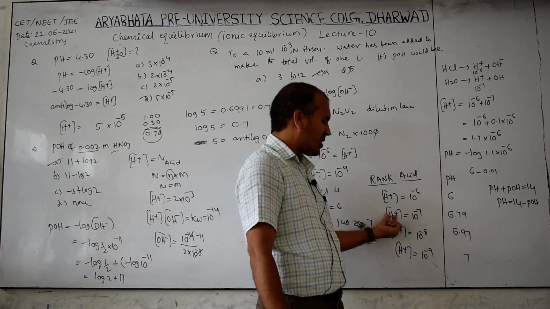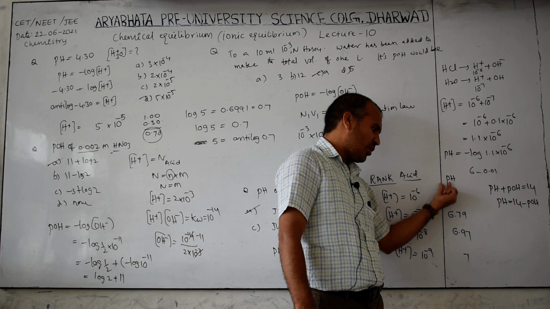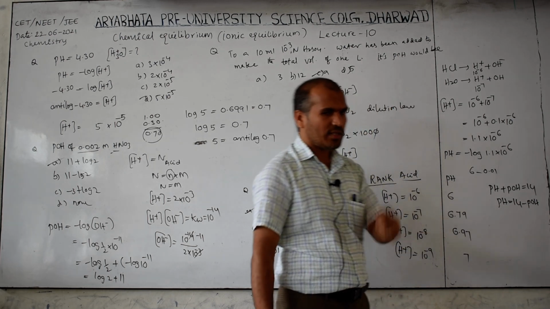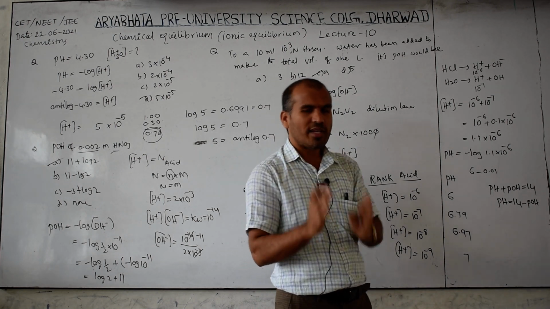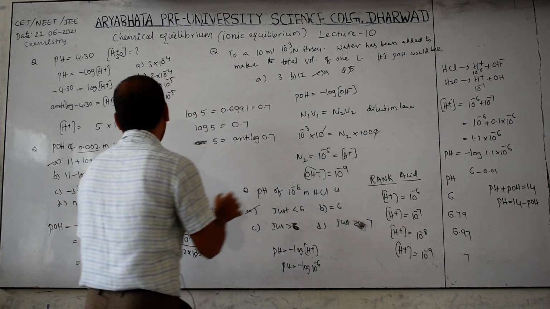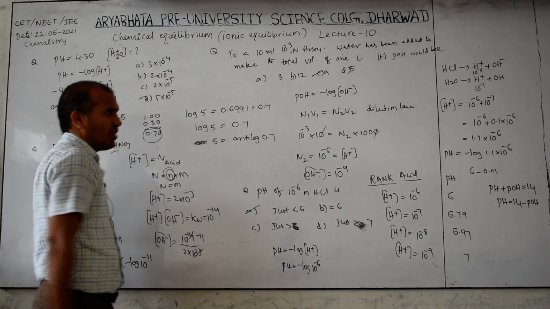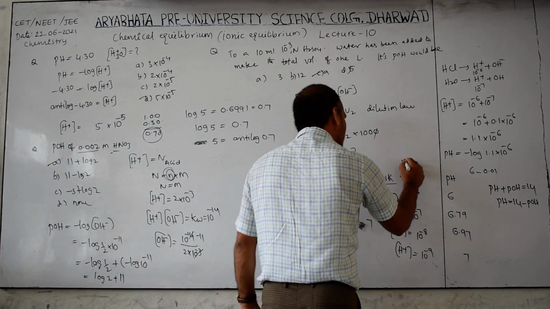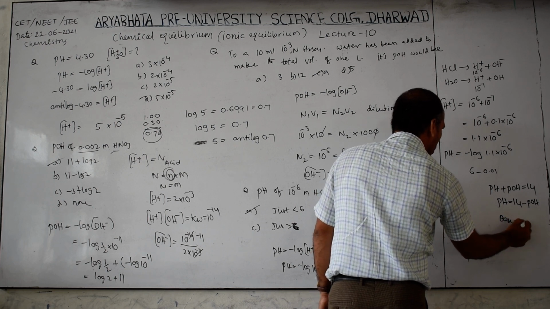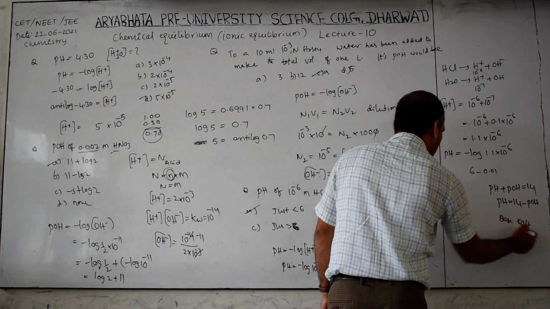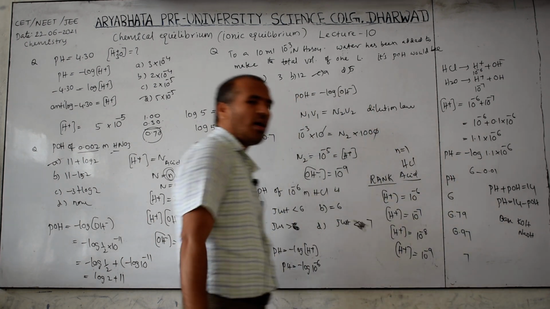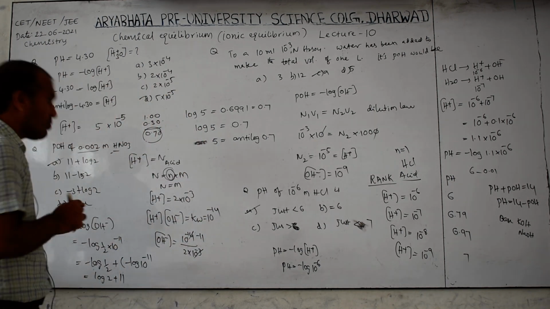Then if OH minus concentration is 10 power minus n and pOH is equal to 6.79, then pH is equal to 14 minus 6.79. Like this you have to calculate. That is all for strong base. That also applies when the n factor is equal to 1. Here also this is applicable for HCl acid, and for bases like KOH, NaOH, these cases it is applicable. So in n factor equal to 1 cases this shortcut is applicable. So keep in mind. Okay.